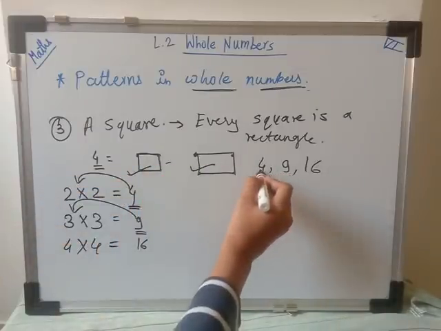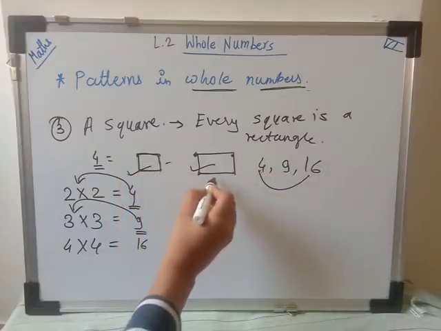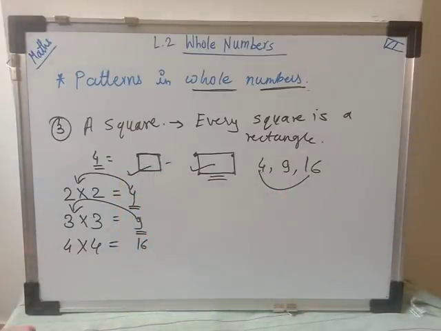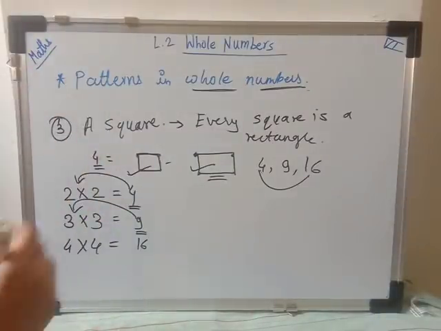And if we can make a square of these numbers, it means that we can make a rectangle of those numbers also. I hope you are understanding what I am trying to say. I am just saying how to decide which whole number we have to take to make a square. It is very simple: you have to take a square number. Square numbers means, when some number is multiplied by itself, whatever product we get is the square of that number.